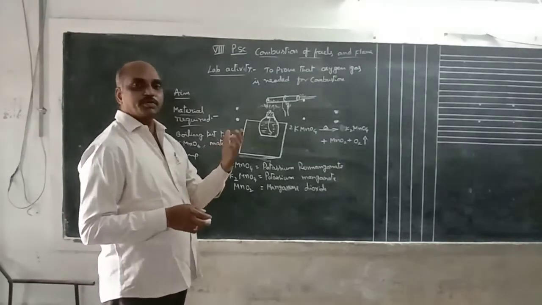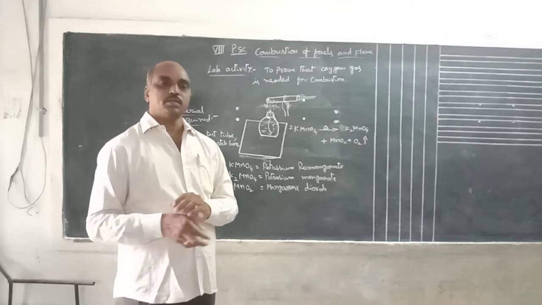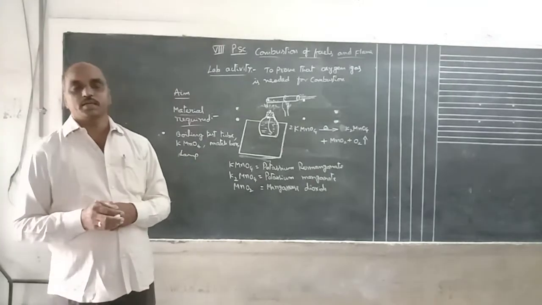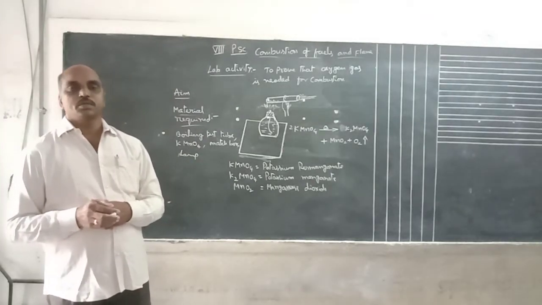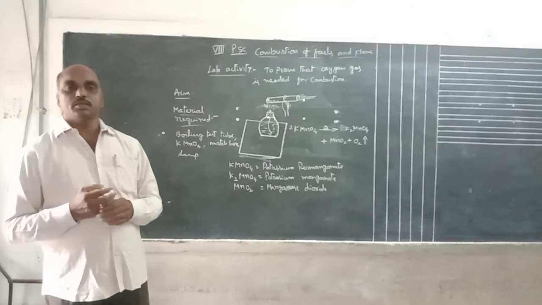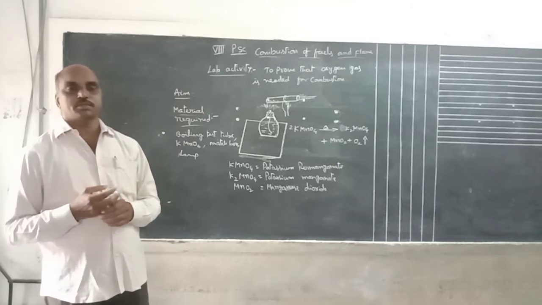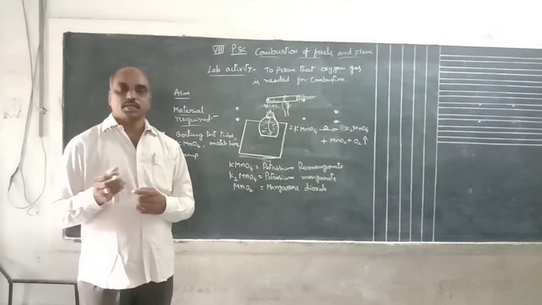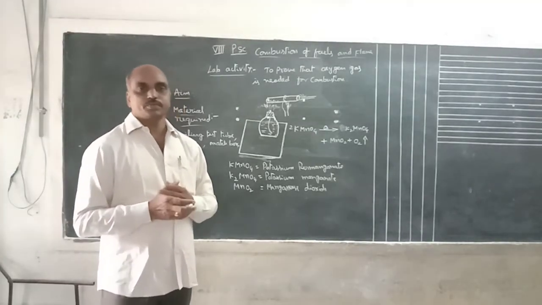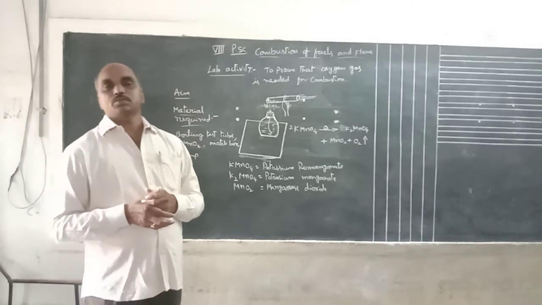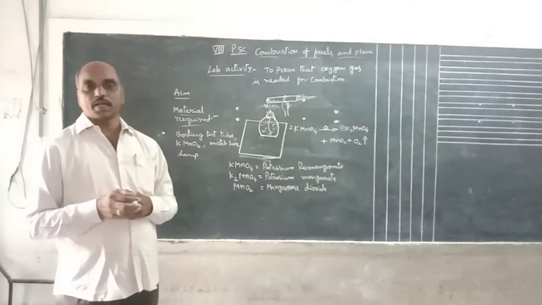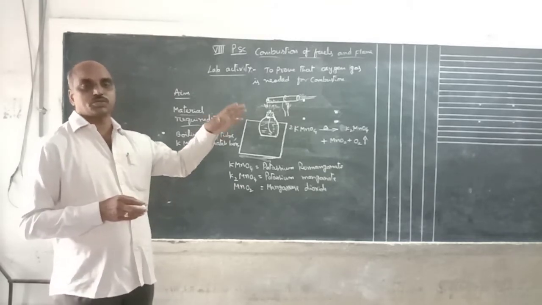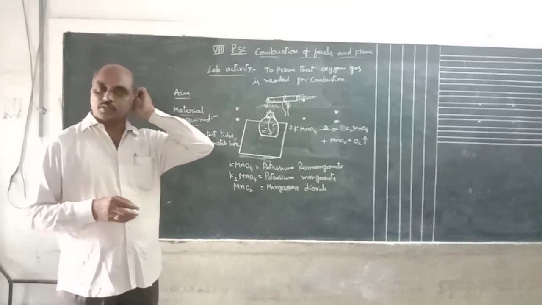We can also write the previous activity. Take a candle, burn it and keep it on the table. Cover the burning candle with a transparent glass. Initially the candle burns for some time, after that it goes out. Why is it put off? Because oxygen gas is exhausted inside the glass. So from this experiment also you can say oxygen gas is needed for the combustion.